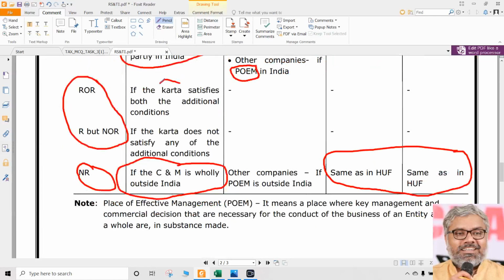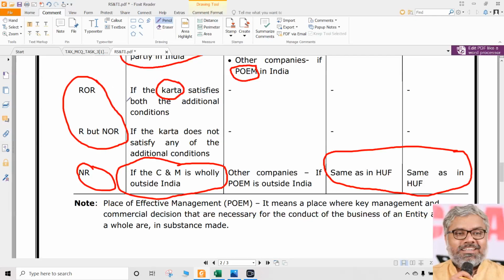For this purpose, we have to look at the Karta's additional conditions, not residential status. So if the Karta satisfies both the additional conditions, HUF becomes ROR. If the Karta does not satisfy any of the additional conditions, then the HUF becomes RNOR. Any of the additional conditions means